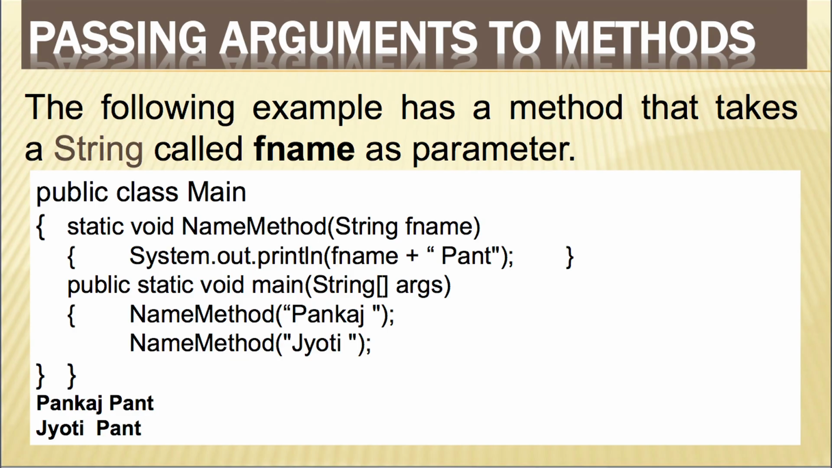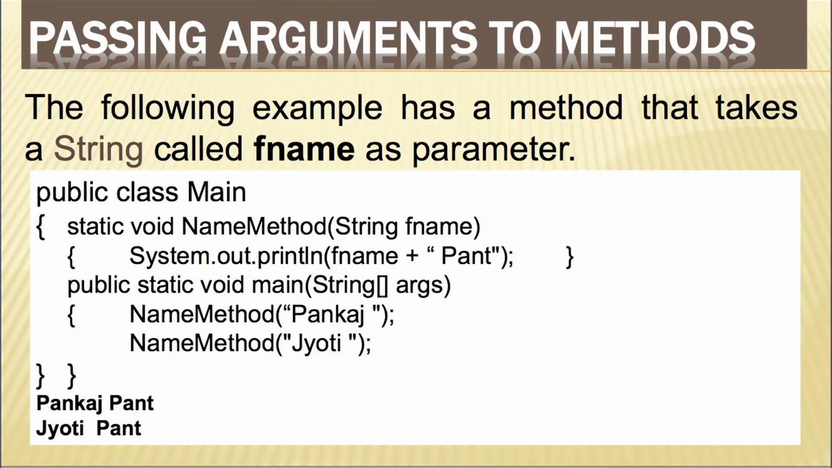we are running the name method and passing the argument Pankaj. So this Pankaj will be transferred to the fname variable, the fname argument. Inside the name method we have one parameter, that is string fname. So this Pankaj will be transferred to fname, and then by system.out.println we will print the value of fname, first name,